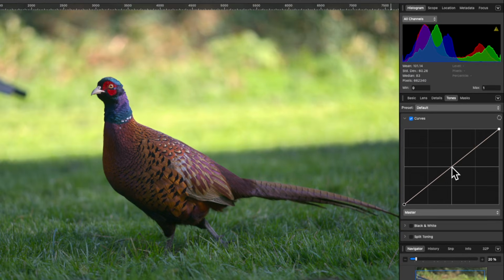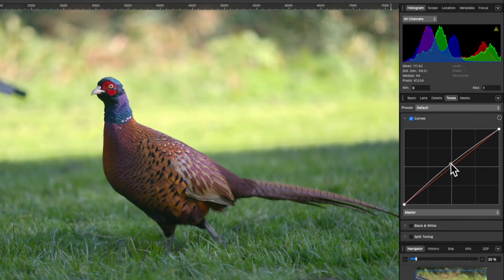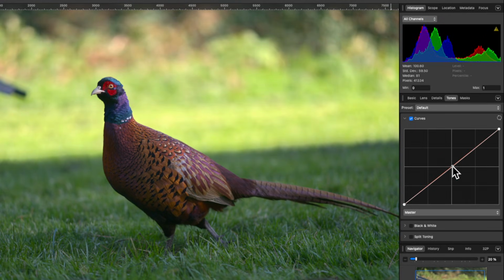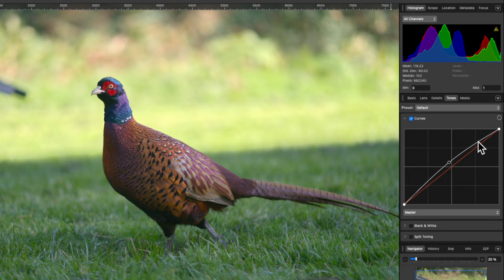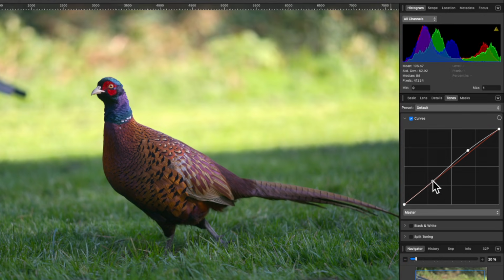And I can also jot down points on this diagonal line. So if I click here and I just drag out, you can see I can increase the midtones here. And you can see this kind of curve that affects your shadows and highlights too. So you can actually jot down a few of these points here. So maybe up here you can increase the highlights a little bit, and on this little node or circle you can decrease the shadows a little bit, and it's a little bit smoother.